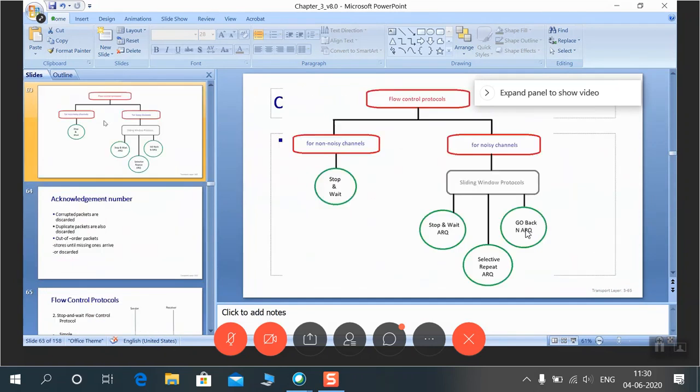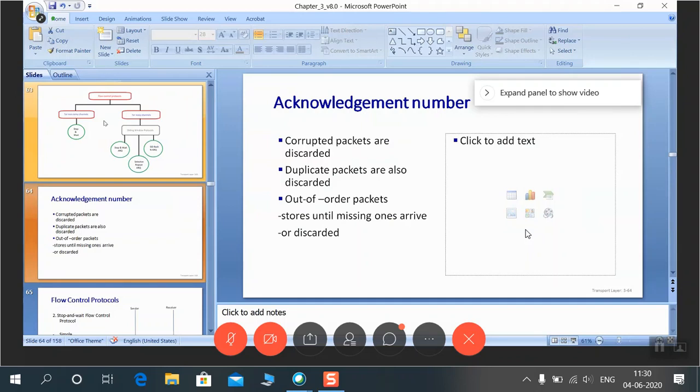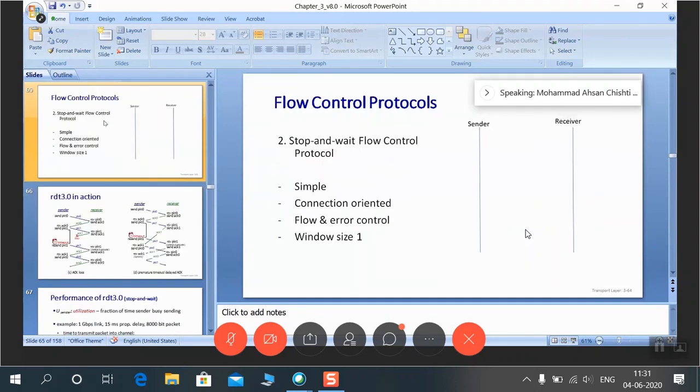Okay, so where was I? Yeah, here. This is where we use this window size. In the stop and wait flow control protocol, we have a window size of 1, which also means that the sender sends one packet at a time and waits for the acknowledgement before it starts sending the next packet. So if I send a packet here,